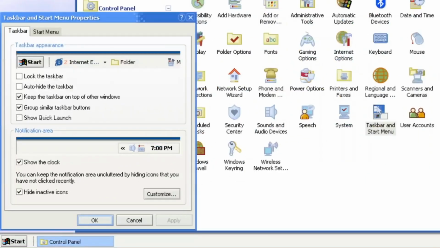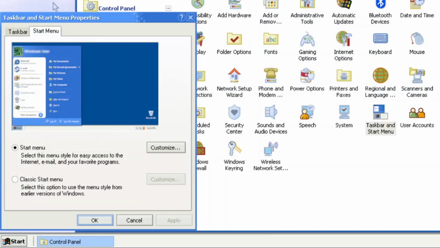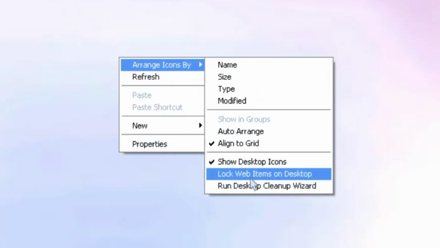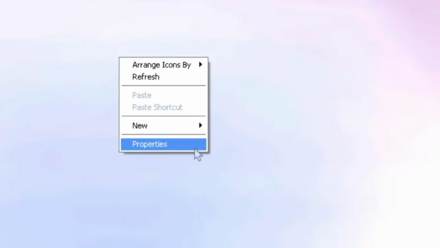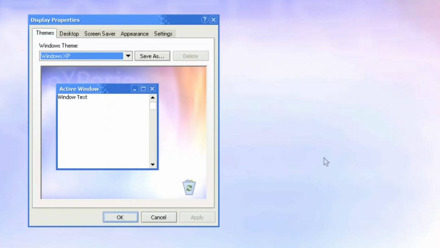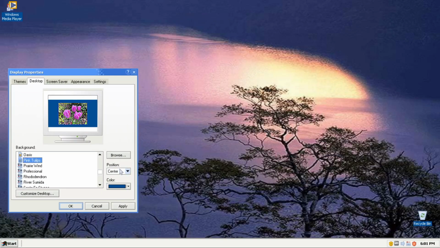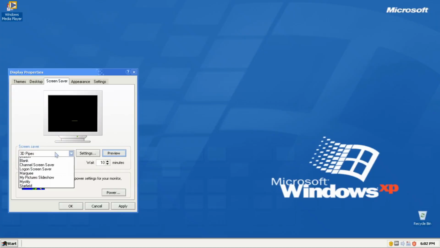While we're still in control panel, I just like how the graphical changes are being looked at, such as the taskbar and start menu applet that has this design for the modern start menu. Right clicking the desktop, the highlight color is brighter than it is in Windows XP. Clicking display properties, we get to see the applet in action, like the overall theme, the desktop background, the screensaver, which I'm certainly sure one of them causes some trouble,